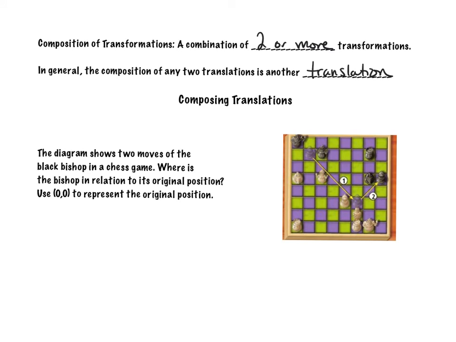So we have this point here where this chess piece starts. We're going to use that as our 0, 0. It then moves to the blue point for translation 1, then to the green point for translation 2. So if I want to look at my first translation,